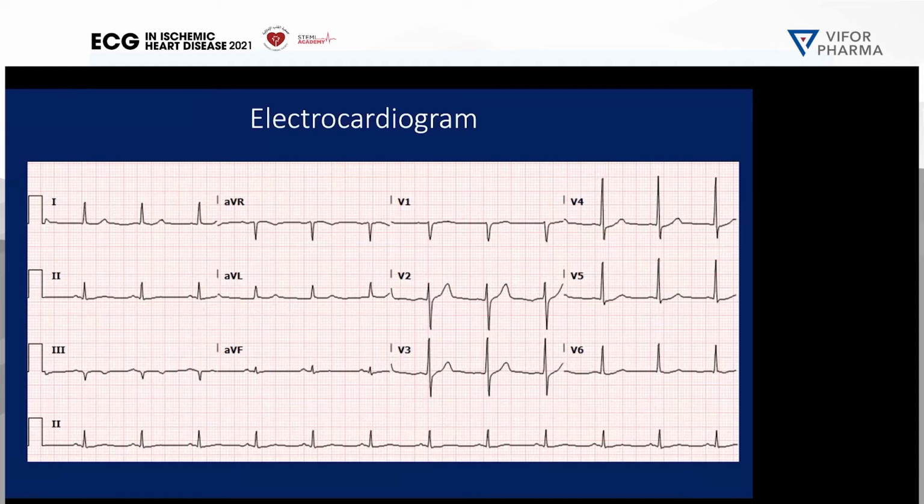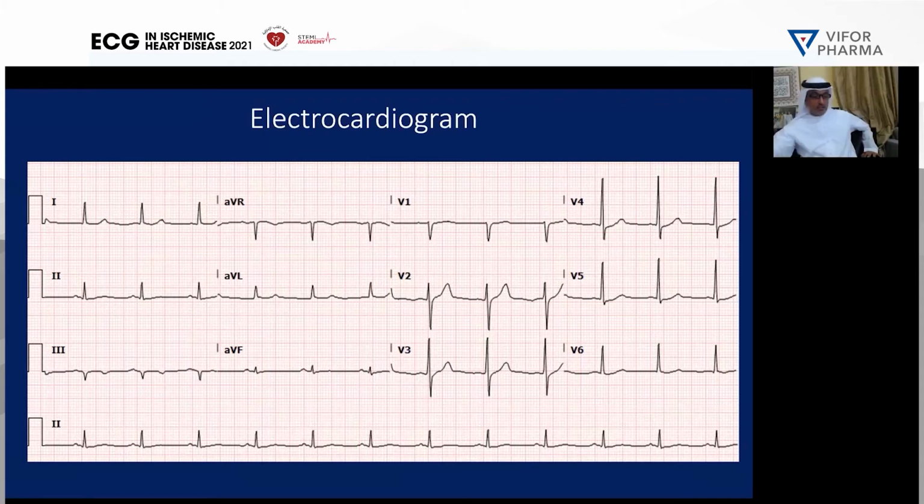So why am I showing this ECG? This patient is at high risk. He had a PCI sometime in the past. He has multiple risk factors. Now he comes with chest pain. His ECG is normal. Are you comfortable, Dr. Bakir, to send this patient